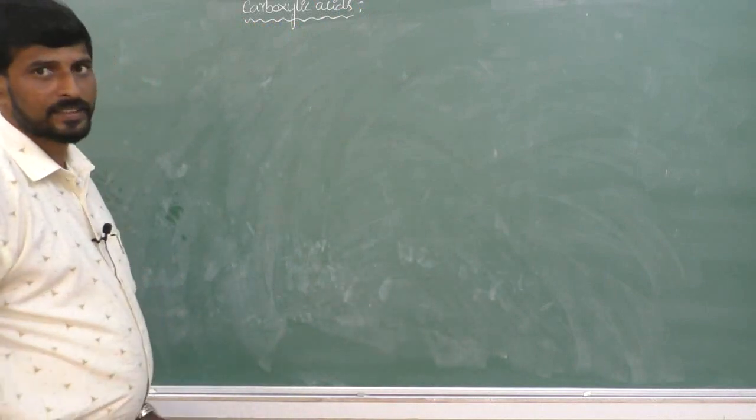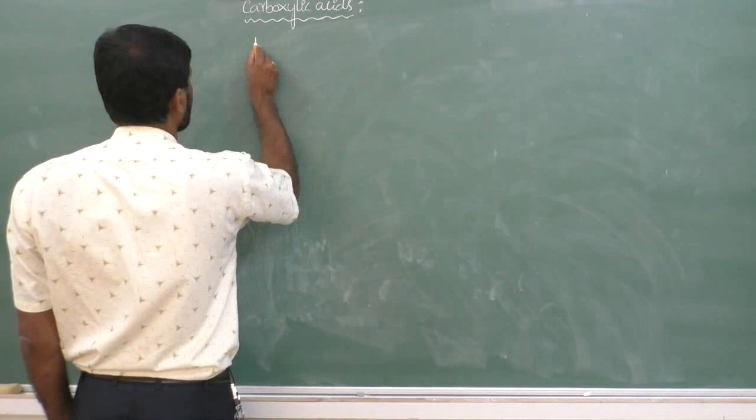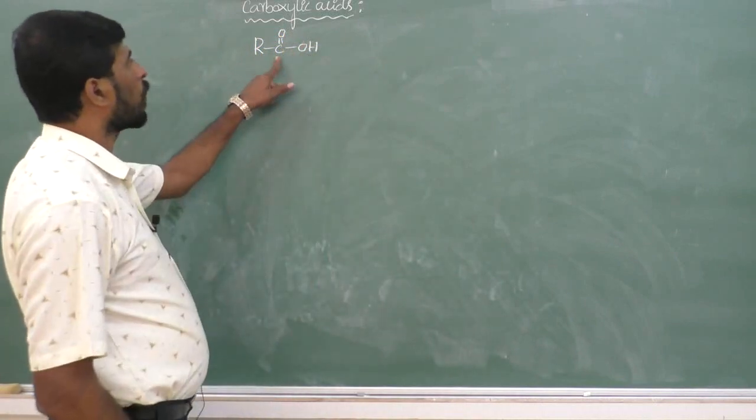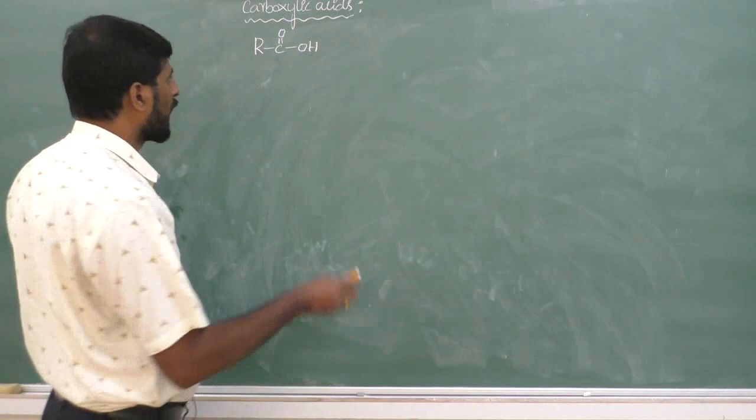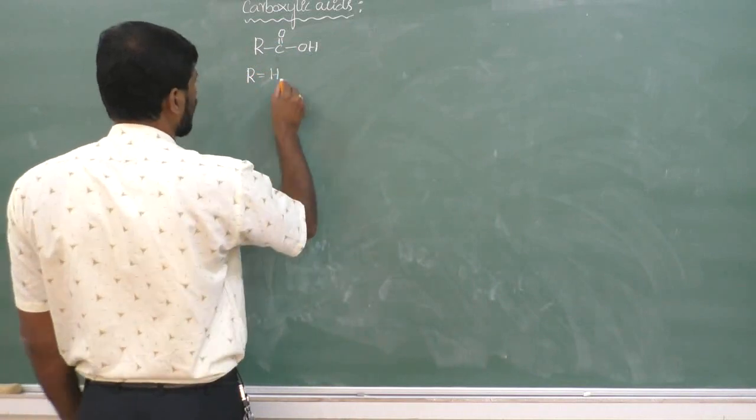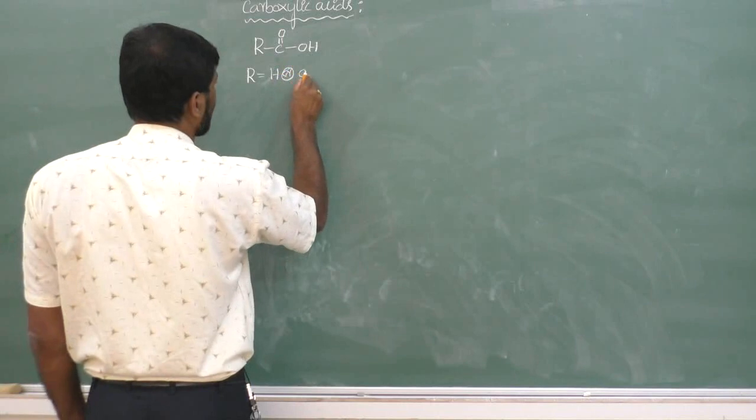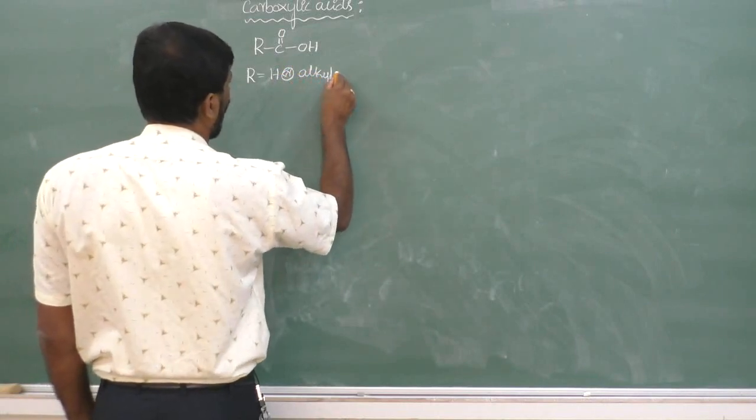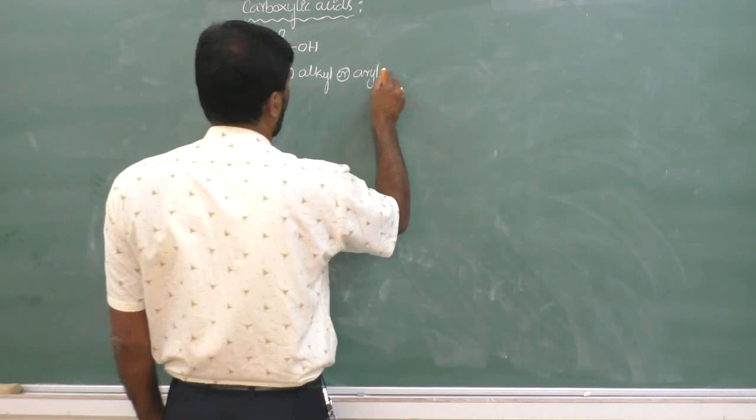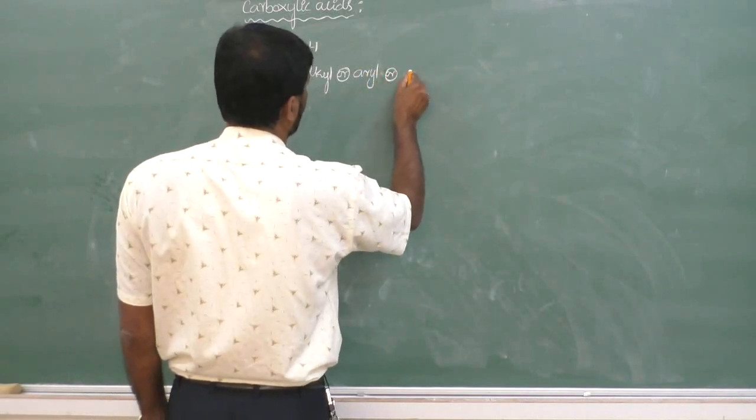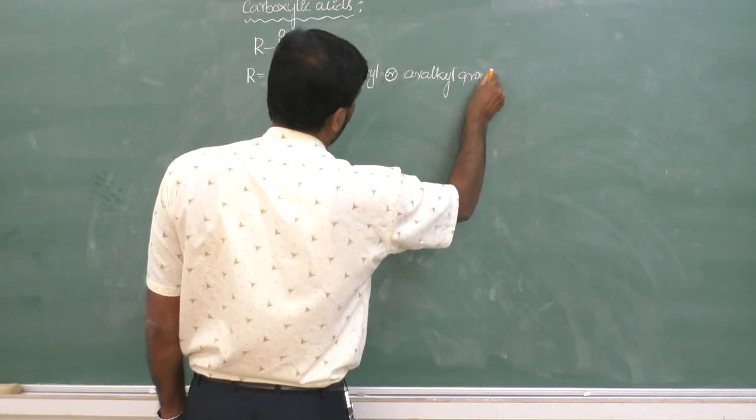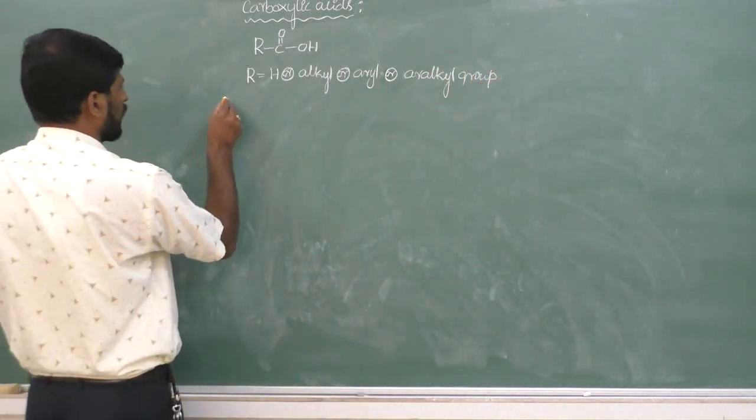Carboxylic acids are represented by the general formula RCOOH, where the carbonyl group is connected to a hydroxyl group, and R may be hydrogen, an alkyl group, an aryl group, or an arylalkyl group. Okay. So, for example,